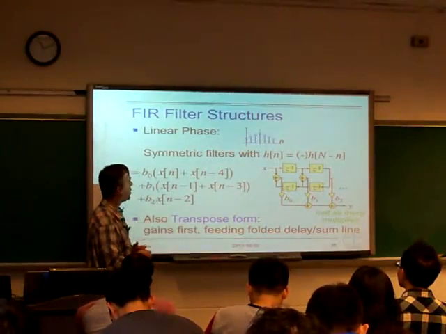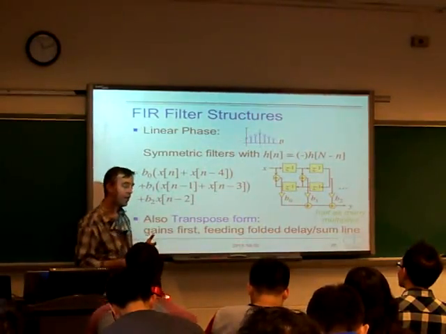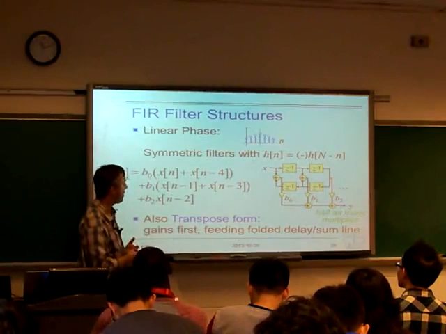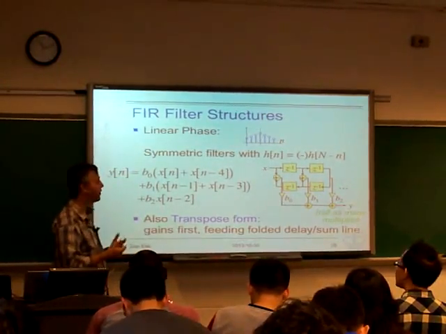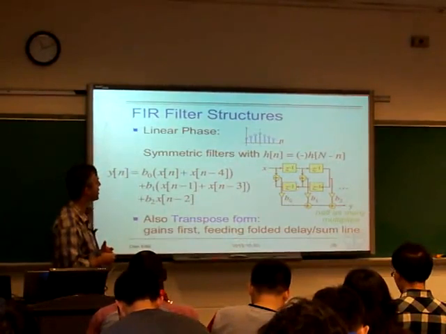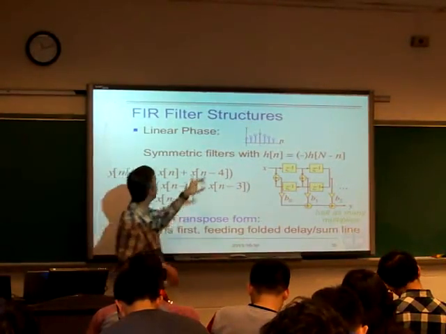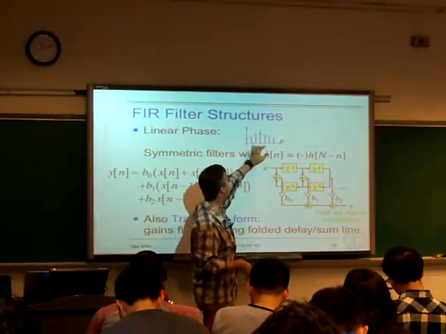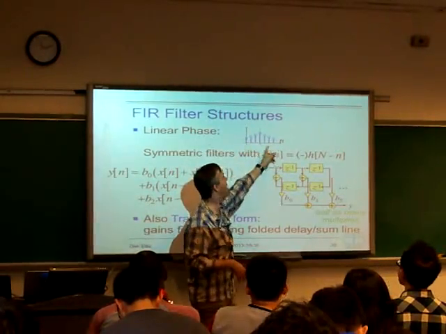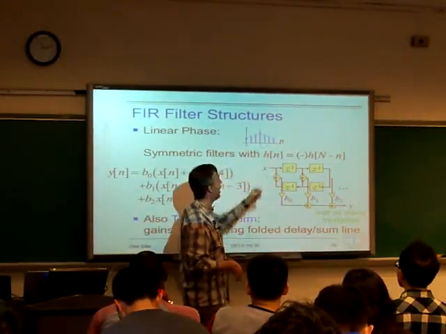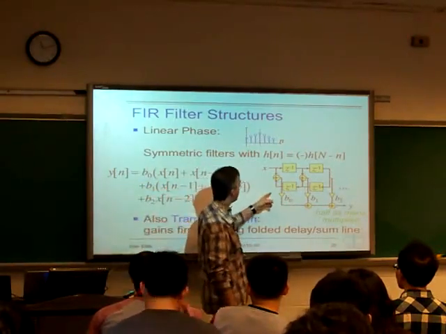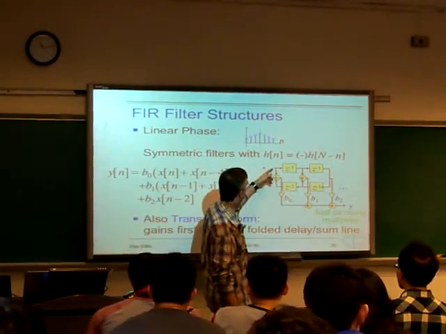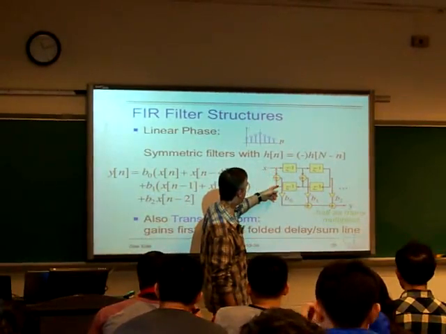A couple of lectures ago, we talked about linear phase FIR filters, a very important class of filters we can build that have very nice phase characteristics. And the constraint here is that they're symmetric in time. So we have a set of coefficients, which have pairs of coefficients that are equal. And so that leads to a structure like this, where